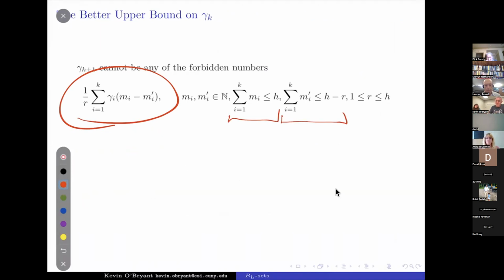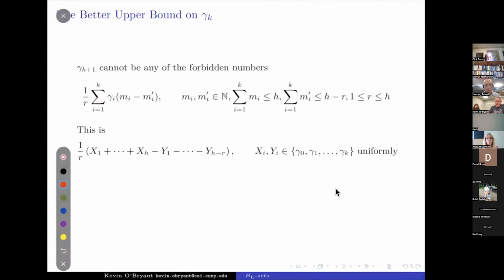And r can be anything from 1 to h. So you can think about this: we're adding together h things from our set, and then subtracting off h minus r things from the set. If you think about that as random variables where we're picking something uniformly from the gammas that we already have,